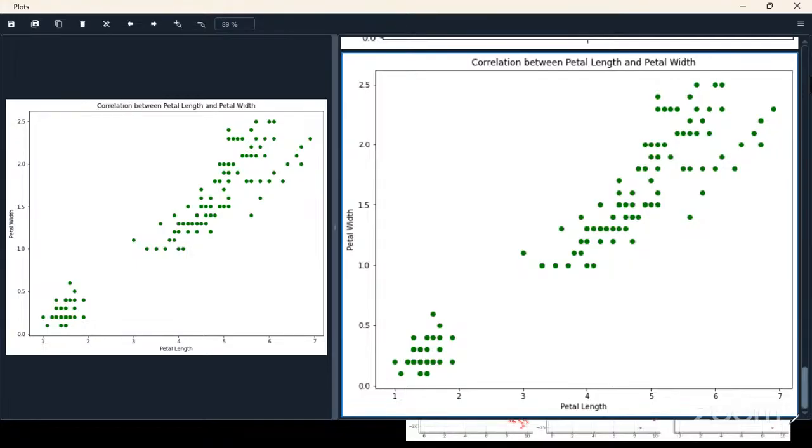As petal length is increasing, what's happening to petal width? Direction. It is upward.